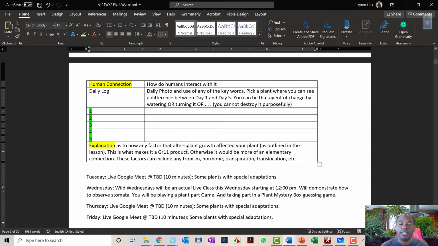And your goal is to explain, using hormones or tropisms, complicated words that are appropriate for grade 11, as to why that change occurred. If you put a seed in the ground and it germinated, there are hormones involved in that process. If you have a flower that's no longer a flower, now it's changing into something else, maybe a fruit, that is a hormonal process. If your plant is bending towards the light, there's hormones involved, plant hormones, that cause that